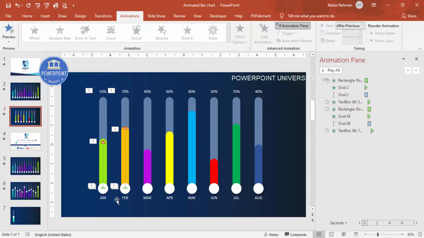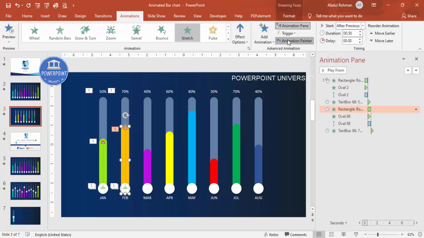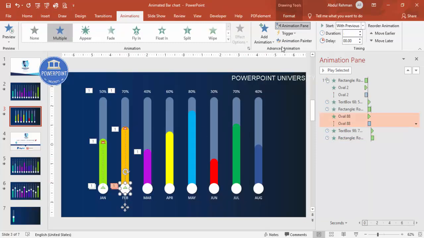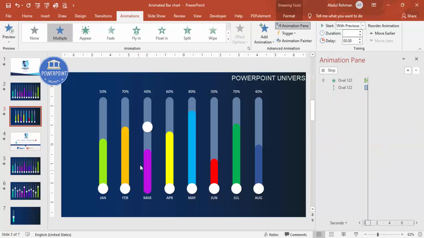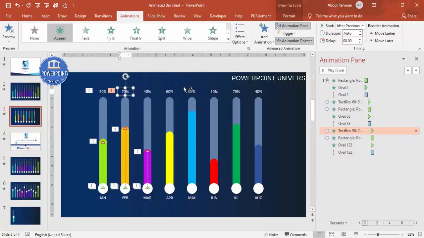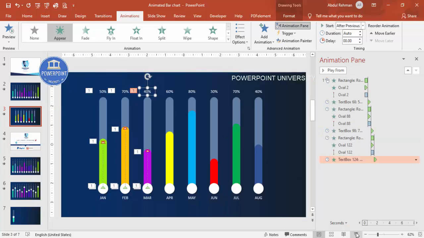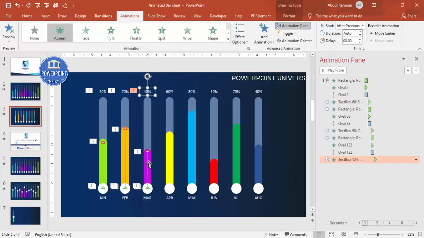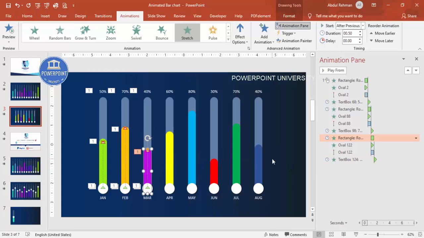All right, now I'm going to select this animation painter, click on this. You can see here this is going up, select this one, hold the shift key, bring it down, and then I'm going to choose this one. So let me just show you. When I click, you can see here something like that, it will come. All right, so like this, a small animation effect you can just give to the rest of the options.